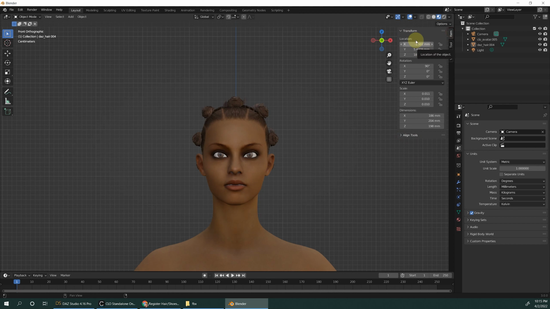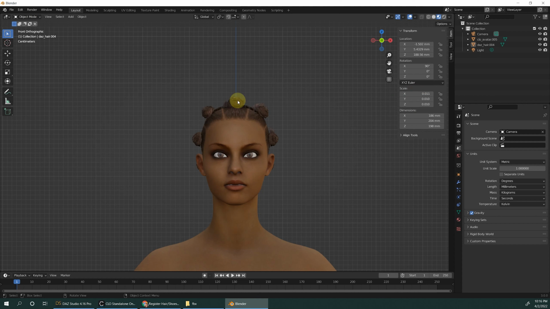And then you will see the transform, the location and rotation and the scale, everything is changed. Normally the location is supposed to be 0, the rotation supposed to be 0, and the scale supposed to be 1. We have to change that back.